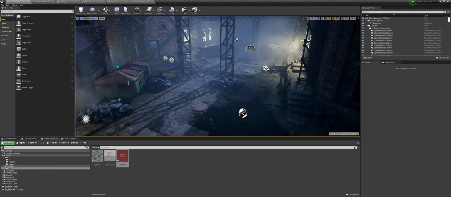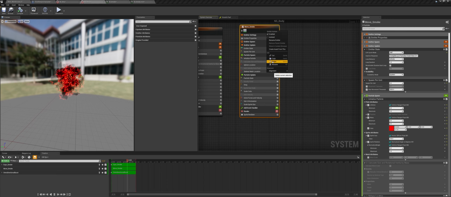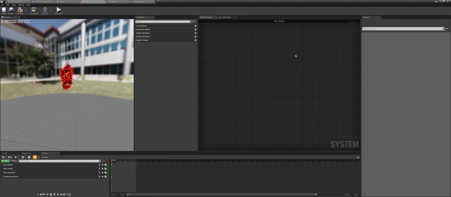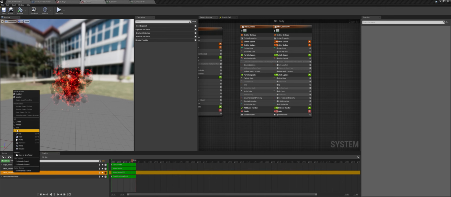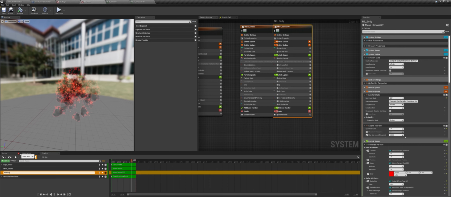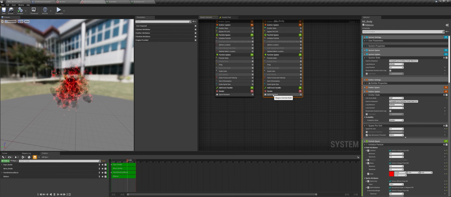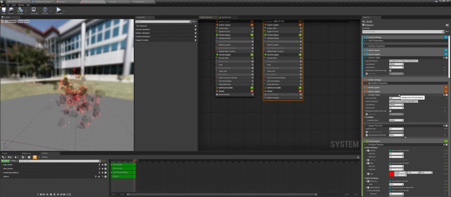Now we will create the ribbons. So for that, go to the NS body, then copy this and paste this again, and we can call this ribbon. So rename this to ribbon. Then we will just disable the sprite renderer and add a new renderer by clicking this plus icon, and here you can get the ribbon renderer. Then